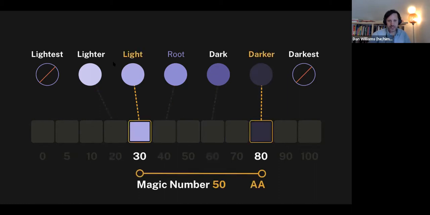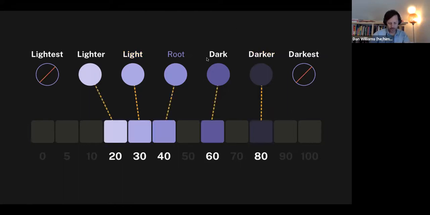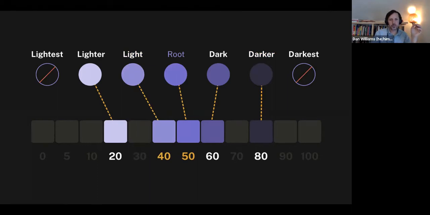And while this is really flexible, it's not very reliable when it comes to accessibility. For instance, in this example, the darker and the light values happen to have a magic number of 50, and they would be an appropriate color pairing. They would achieve AA color contrast. But if we go back to the initial setup, the way we'd had it, and we make a little change, if we change the value from 30 and 40 for light and root to 40 and 50, if we make this kind of a change,